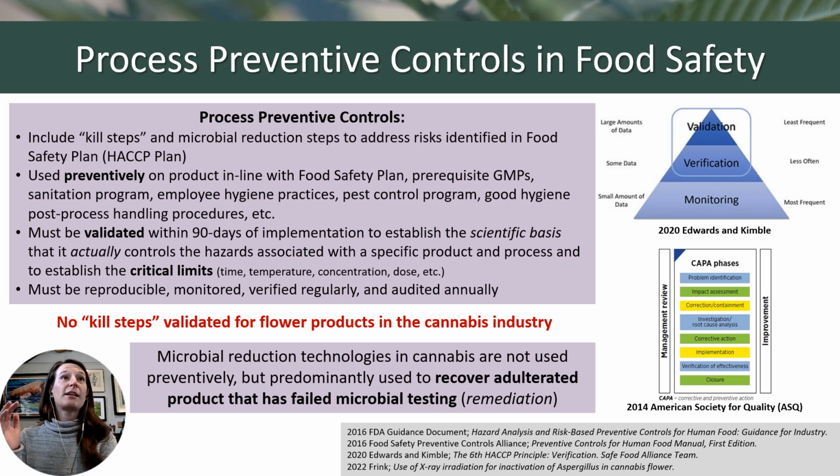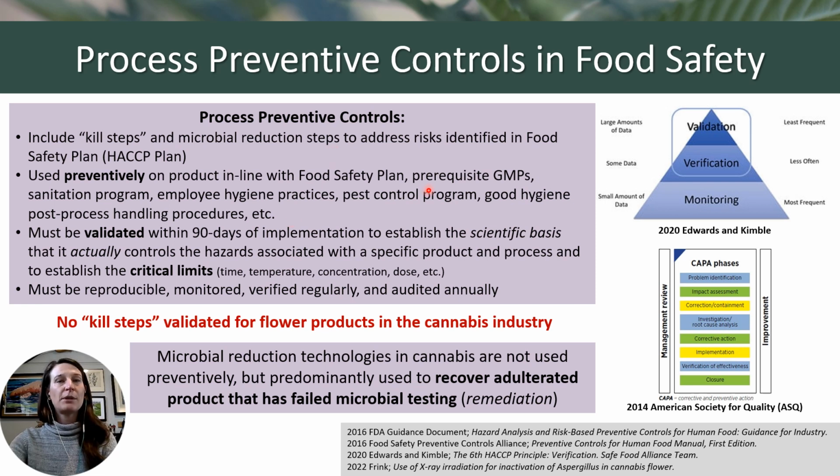In specific food processing techniques, there are preventive controls called process preventive controls. Now these include kill steps and microbial reduction steps to address risks identified in your food safety plan. So the first thing that you do is build a hazard analysis or a HACCP plan, and then you build in all this supplemental material to basically proactively address any risks that you identify in your HACCP plan. And these kill steps and microbial reduction steps are used, again, preventively. They're not used after you fail. They're used preventively on product in line